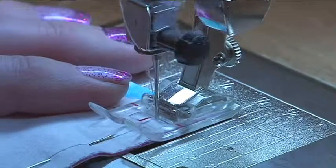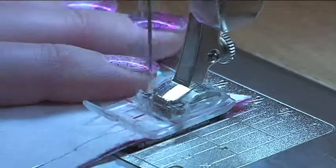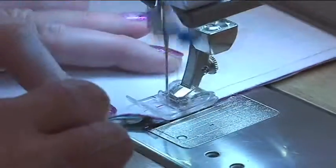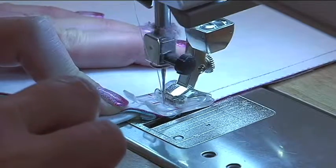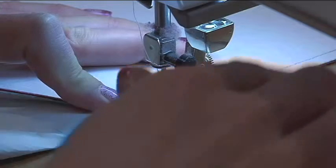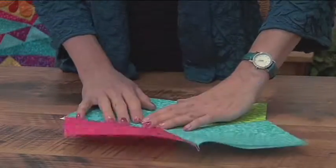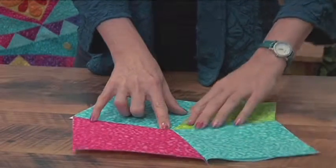I'm going to take a couple of stitches forward, going to take a couple of stitches back, keep stitching right down to the end. Stitch right up to the point, going really slow here. Reverse couple of back stitches. All done. Here's the one that I stitched earlier. We're going to open this up and press the seam towards the pink block, and there you have a perfect